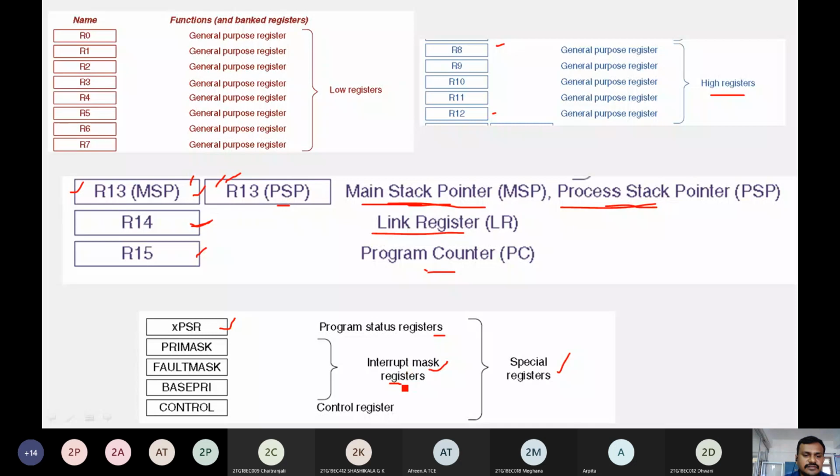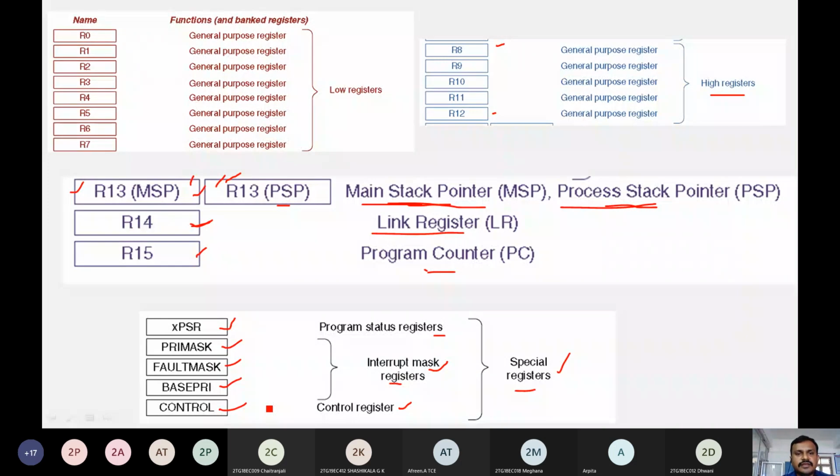There are 3 types: PRIMASK, FAULTMASK, and BASEPRI registers. Another register under the category of special registers is the control register, named CONTROL. This is the register set which is available in the Cortex M3 processor.